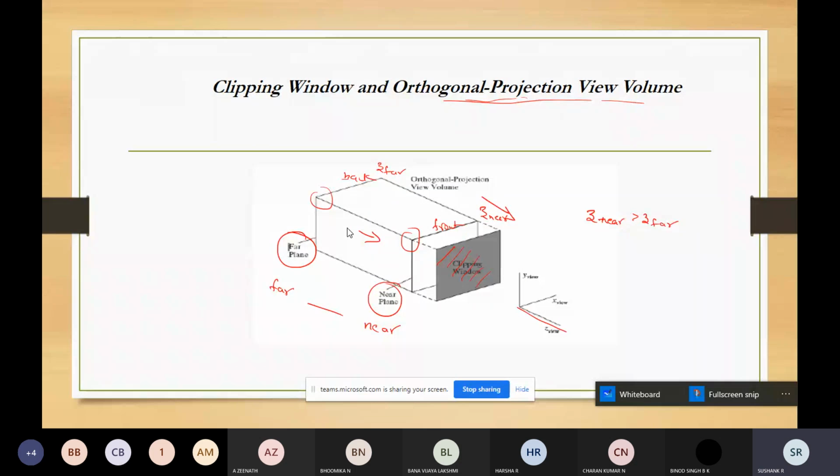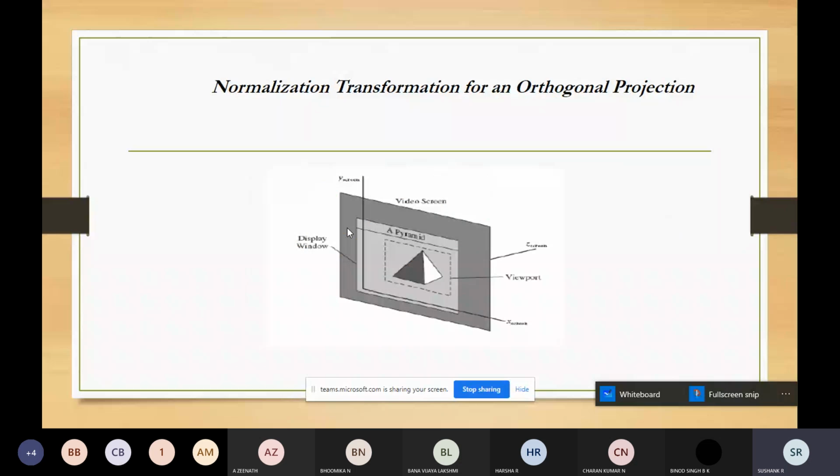That's all regarding the orthogonal projection volume. The next one is the normalization for this orthogonal projection.